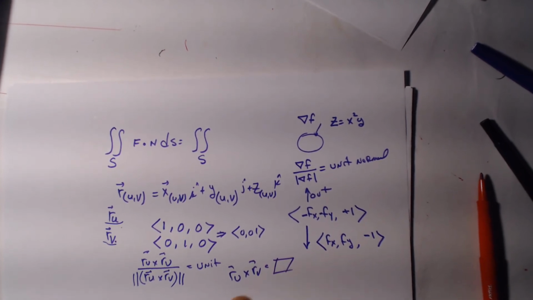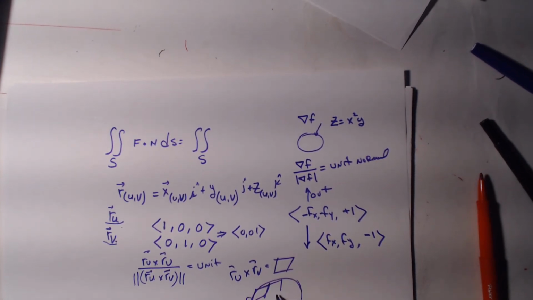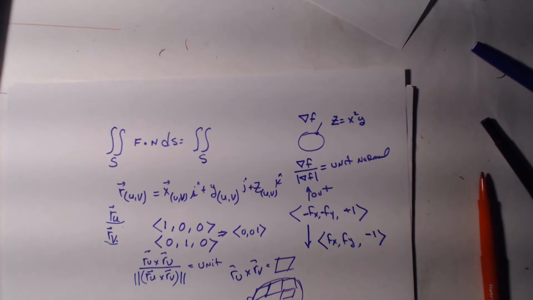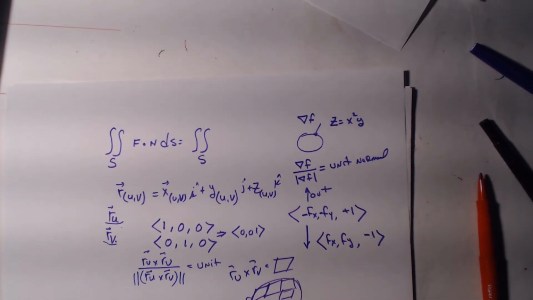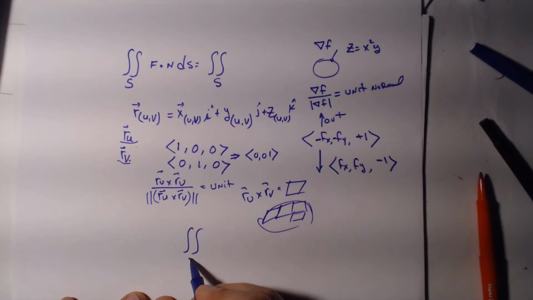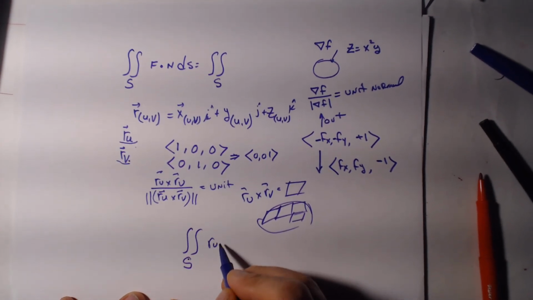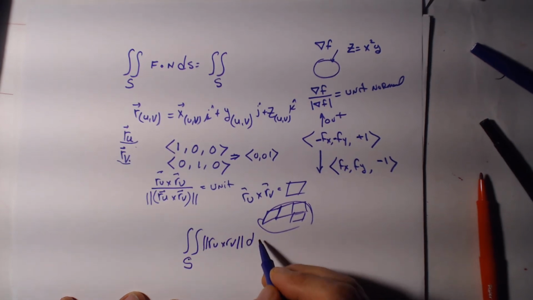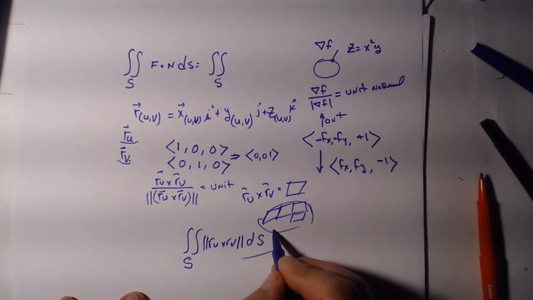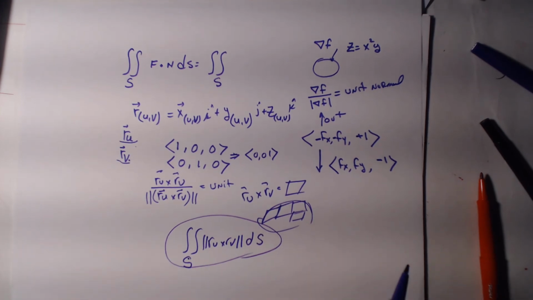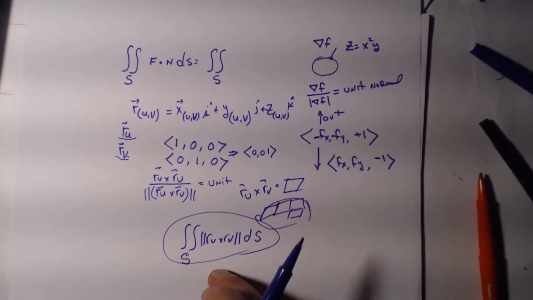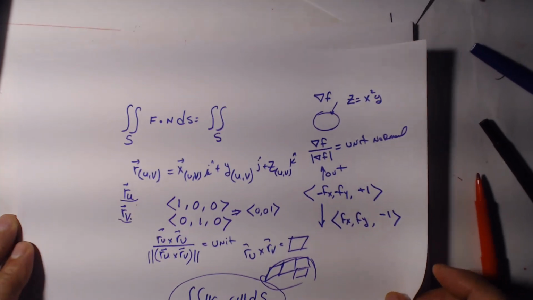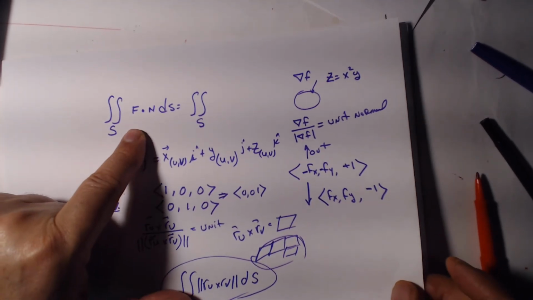Therefore, if you cross these two, and if you sum up all the areas of the parallelograms over the surface, the magnitude of R of U cross R of V over S, that becomes the area. That's the surface area. Then, for finding the flux